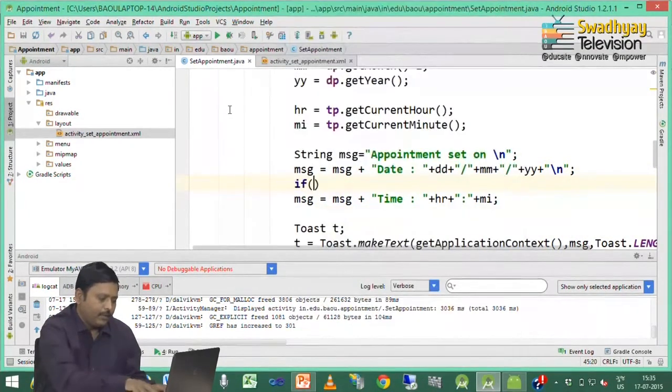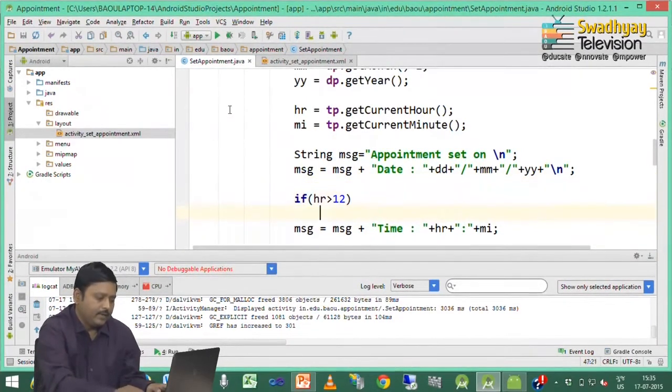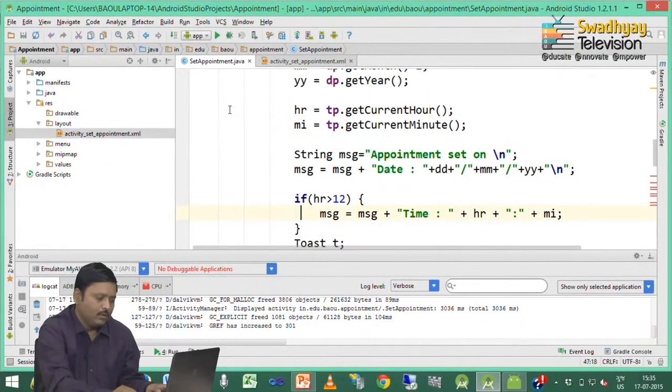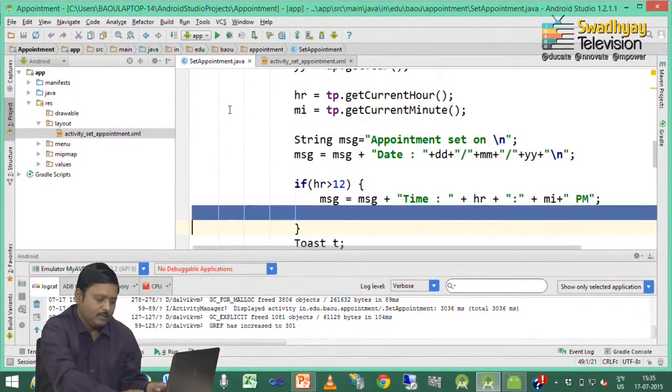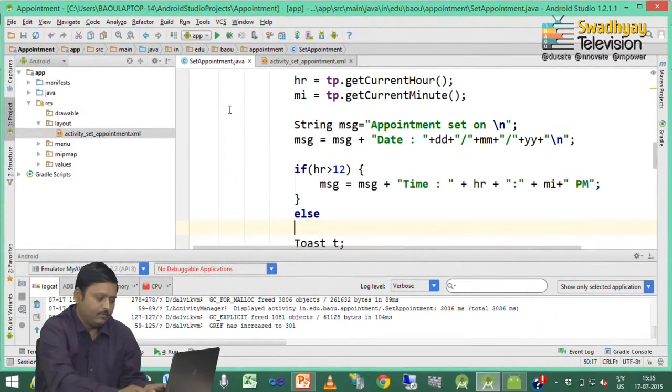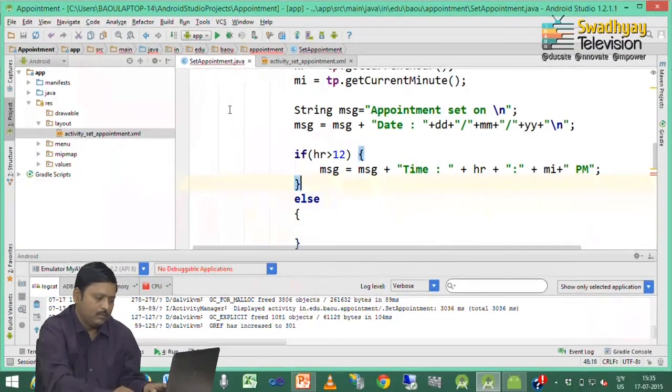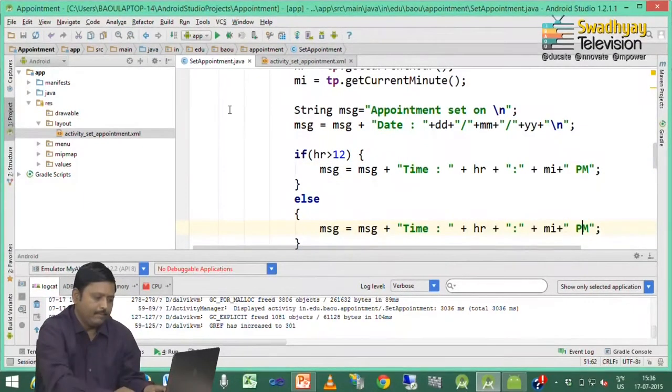if HR greater than 12, which means it is PM. So, what I write here is plus PM, and else we write the same thing, but with AM.